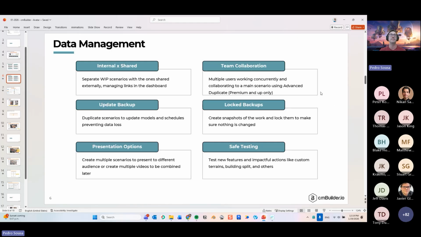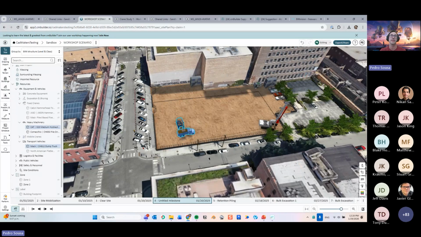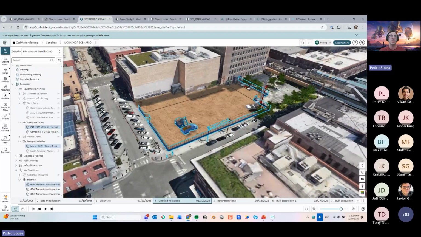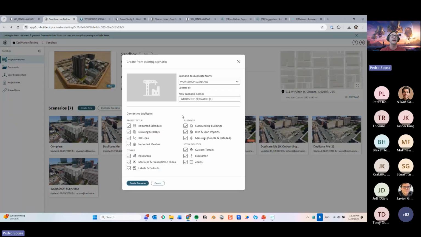Team collaboration. This is kind of like having a master to slave scenario, like Anthony mentioned, but this is something that we apply only to premium subscribers, that you can copy paste elements in between scenarios. So I can copy elements over here, like I already showed this in another workshop, where you can copy your elements from one scenario and then go to the other one and then paste it over there, right? So where is it? This one. So like if I duplicate this guy and do scenario 2, then I can paste those elements on